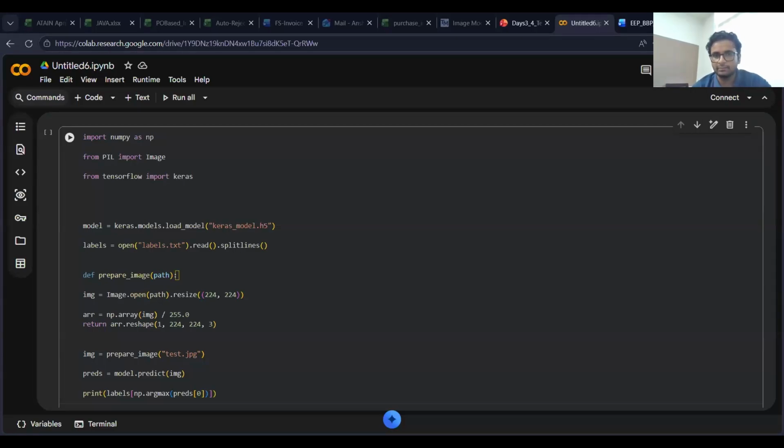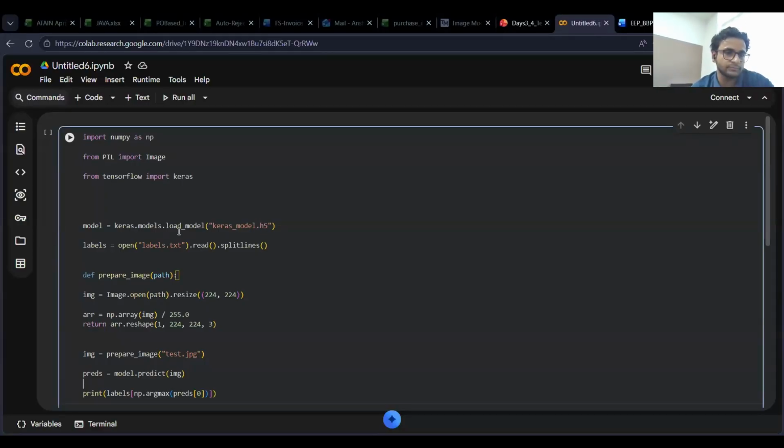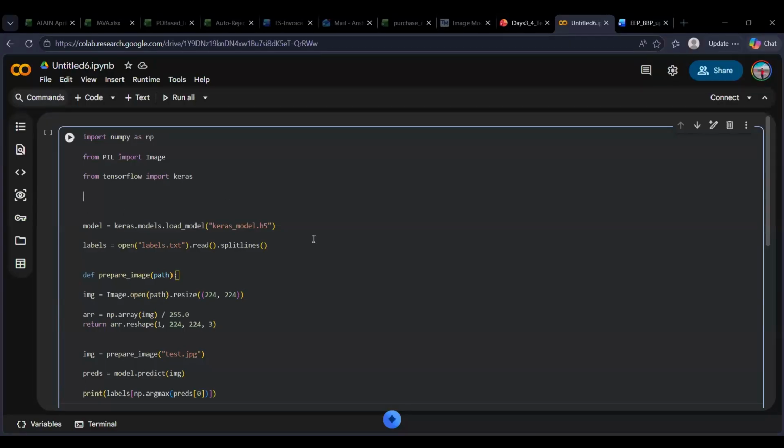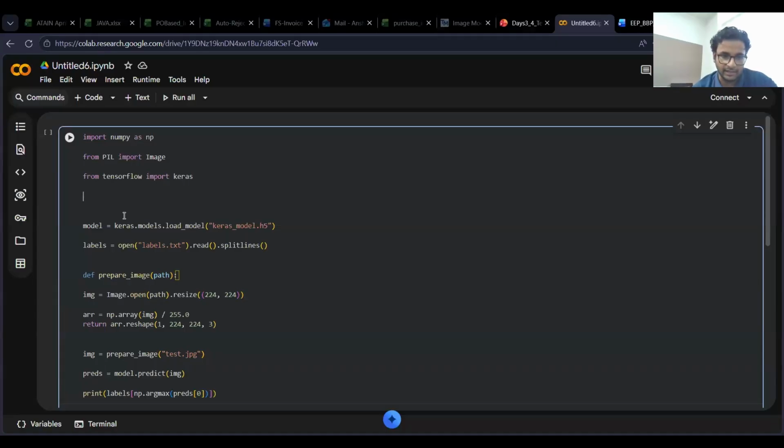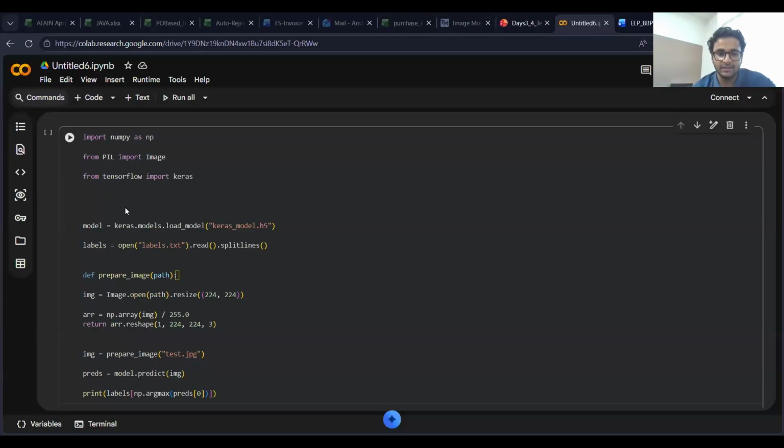I'm unable to get the specific model right now. Sir, for model testing, we can use Google AI Studio. Yeah, we can use Google AI Studio, but I want to run this specific code, so we won't be using it right now. I just want to make sure this runs properly.